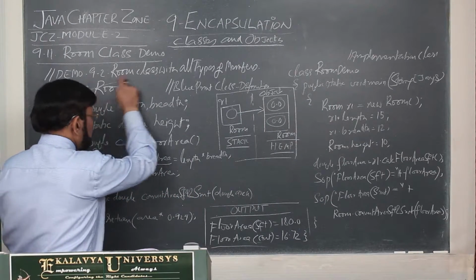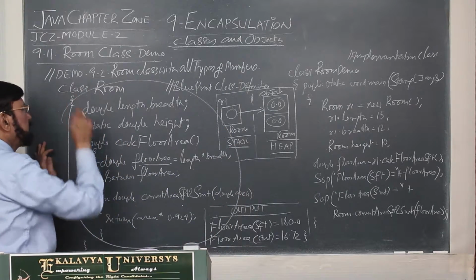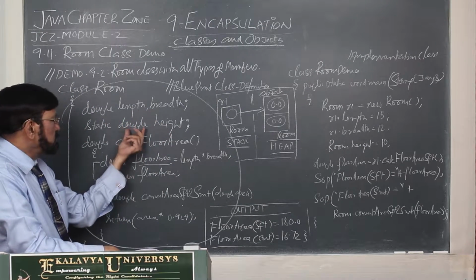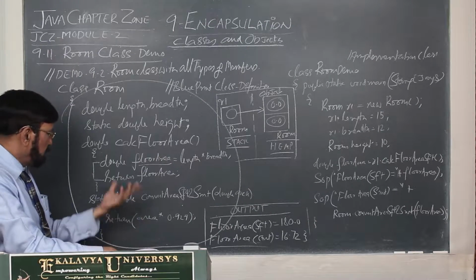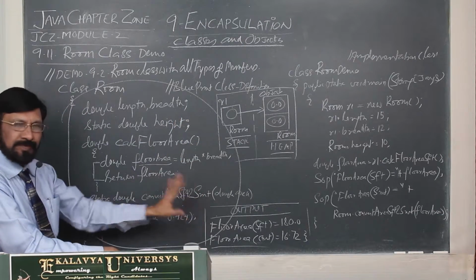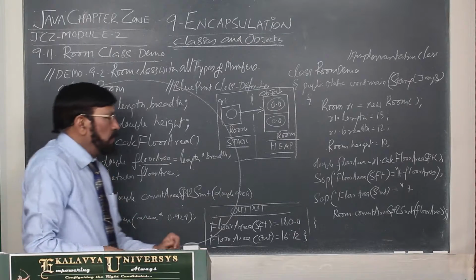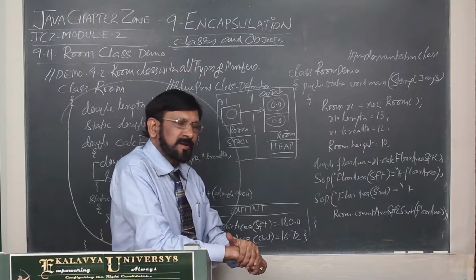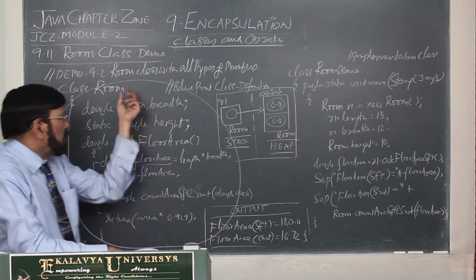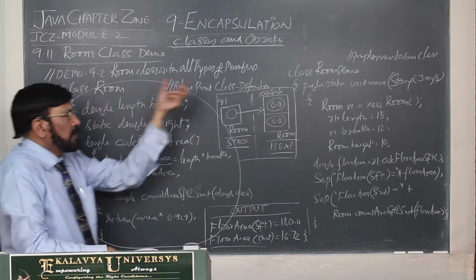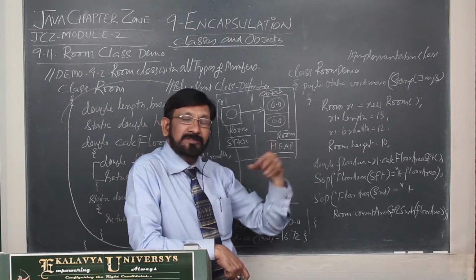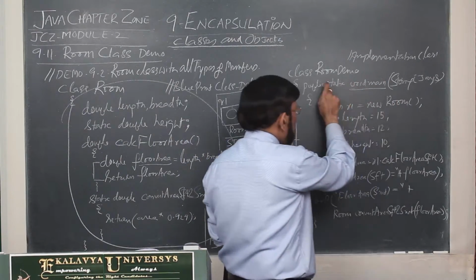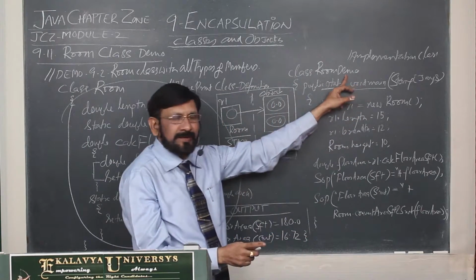So as a result of that, what happened? This encapsulation happened. This is the classroom. Within the classroom, two instance variables, one static variable, one instance method, and one static method are embedded. That you have to understand. Now, after the blueprint class is over, we have to write the implementation class definition. Already I told you, I am following this convention: Room. The implementation class I am naming Room Demo because it is implementing. Thereafter, this is the main; you must also remember that it is a static method.